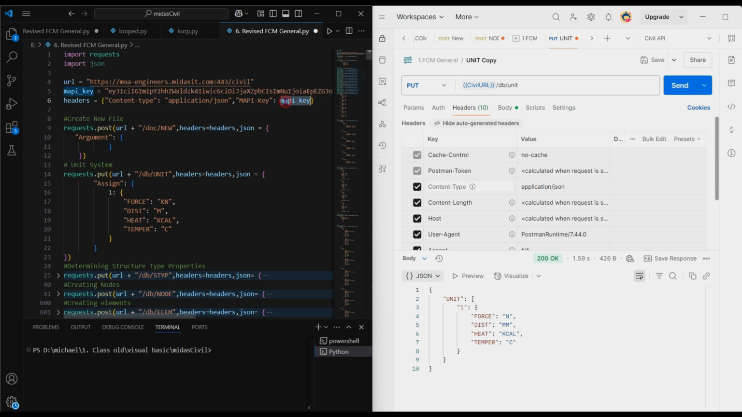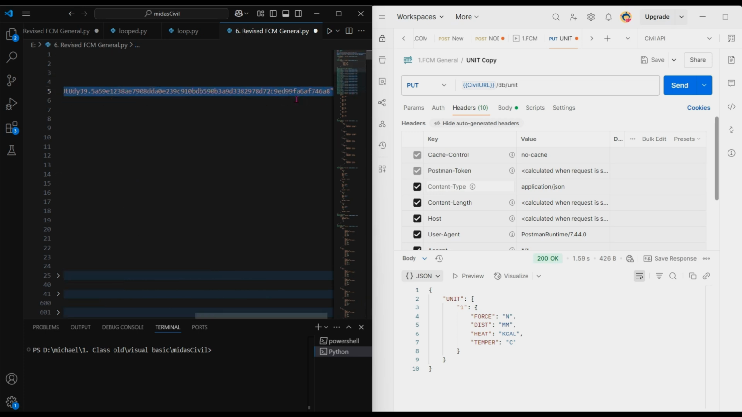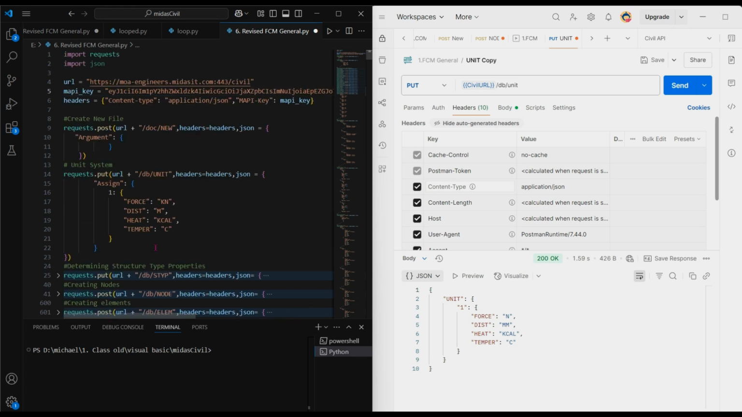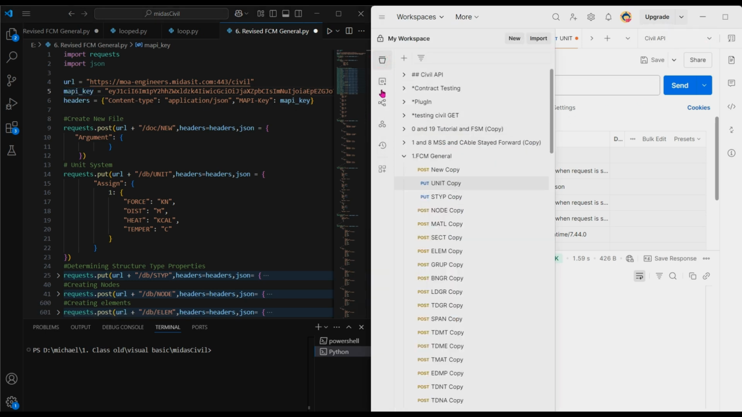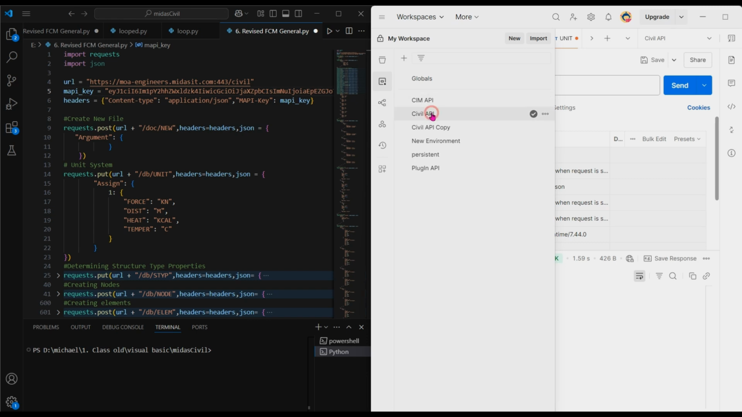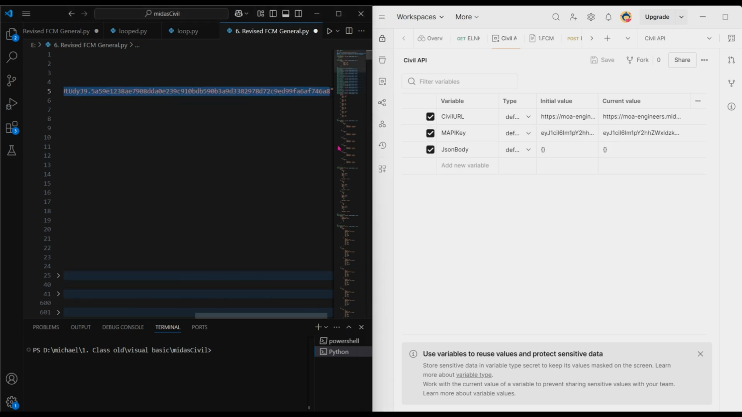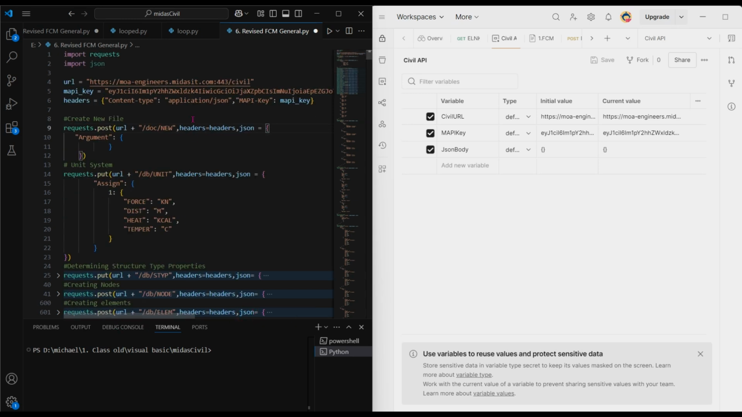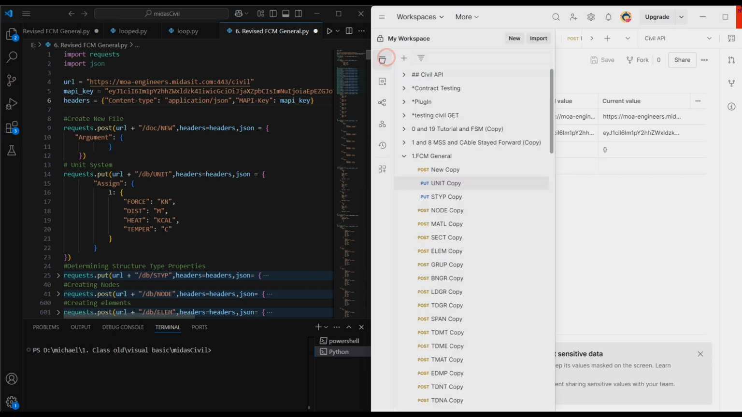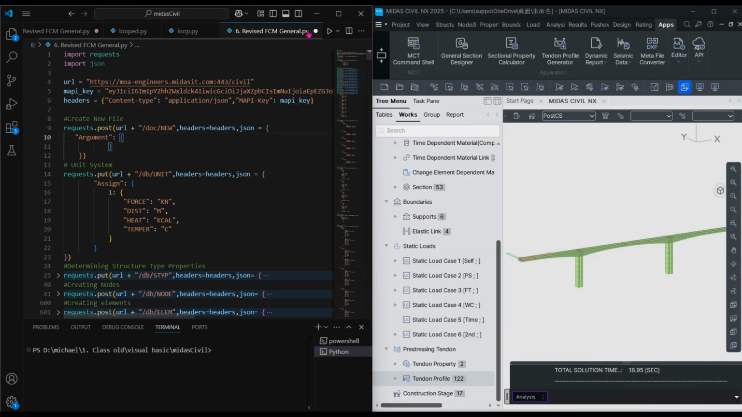So this is just to declare the variable that you have. This variable is this one, and this one shows that the MAPI key should use the variable MAPI key that is already declared in here. Okay. So I just want to make sure that the MAPI key is the same. Just copy here and paste. Okay. So if I click run here,